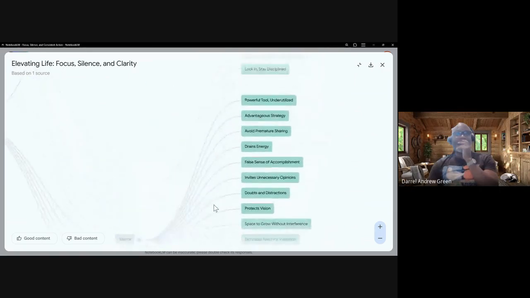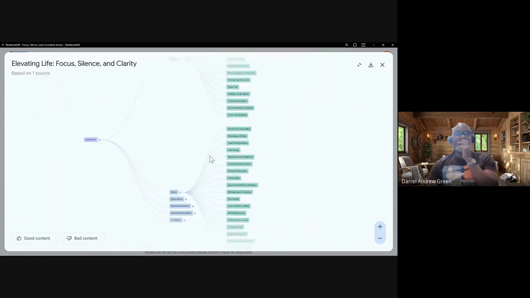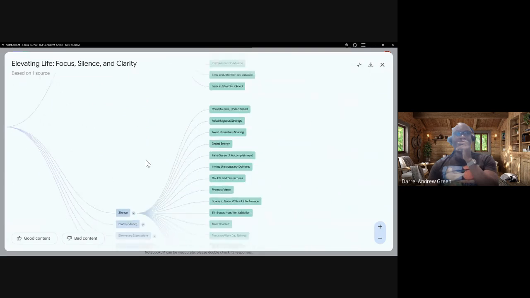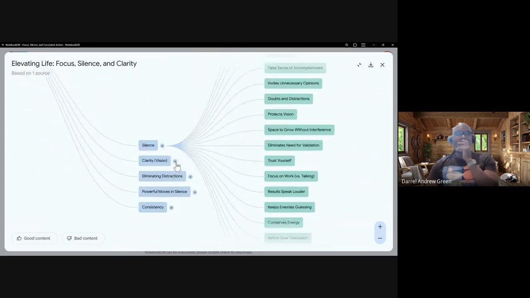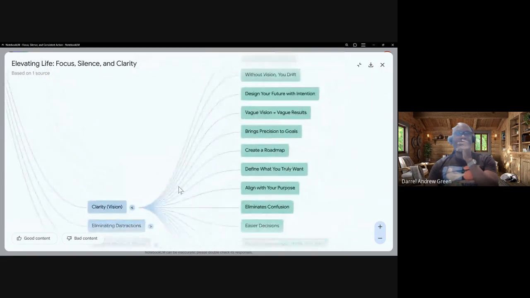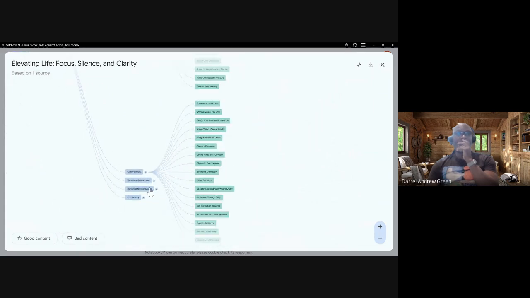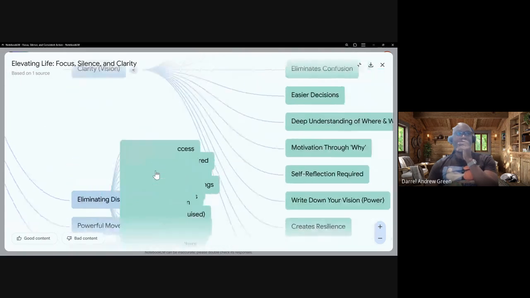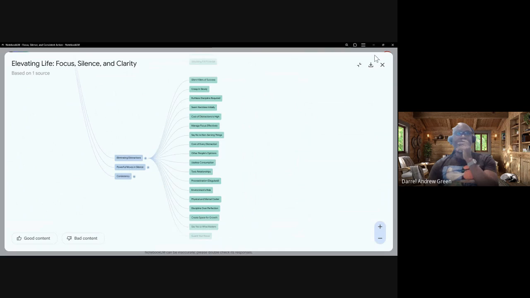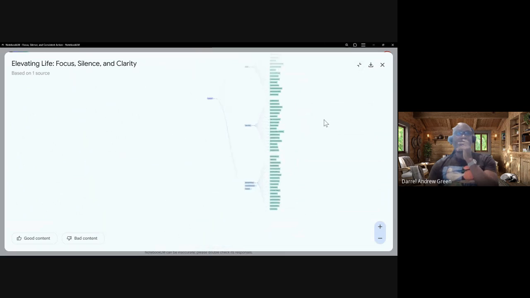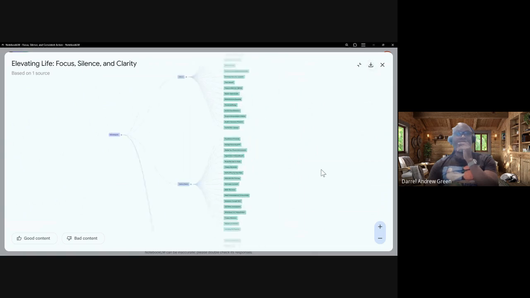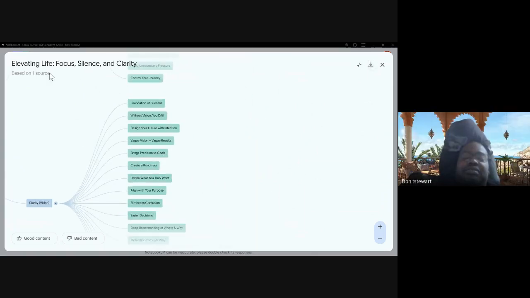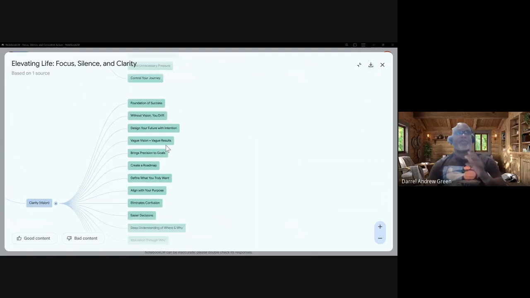So this guy, Google made this. And so I take a lot of stuff that I'm researching, I throw it in this thing. Now it gets even better. I can download this as an image and I can print that sucker out. So in here, I can go in and say, this is about elevating my life